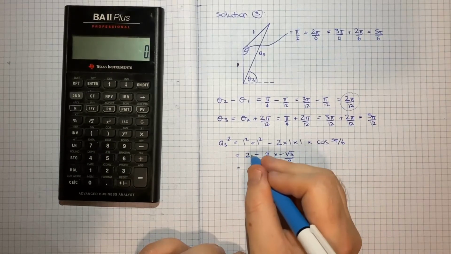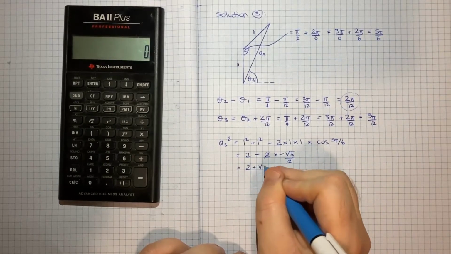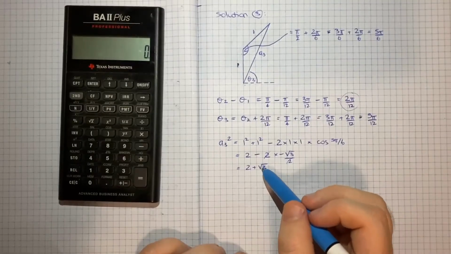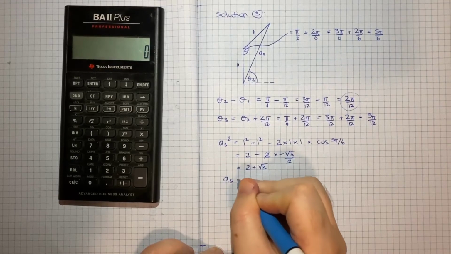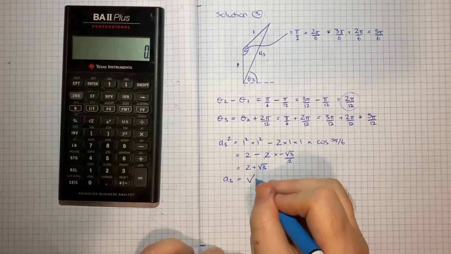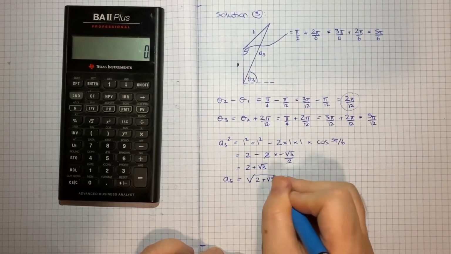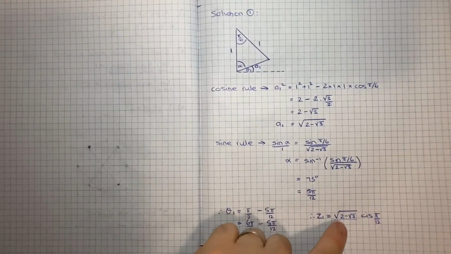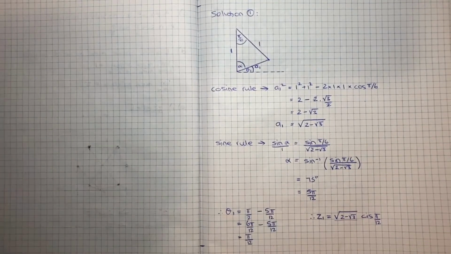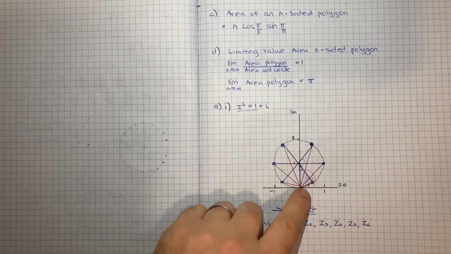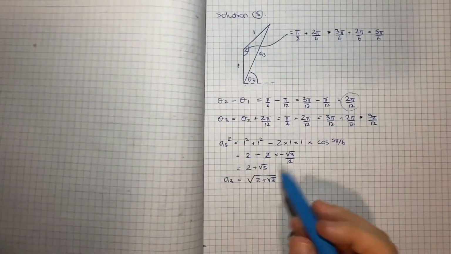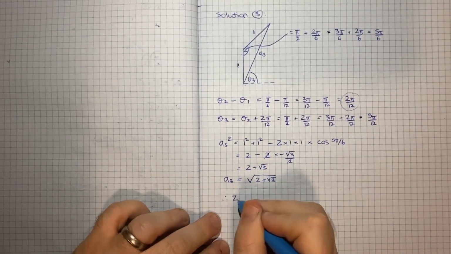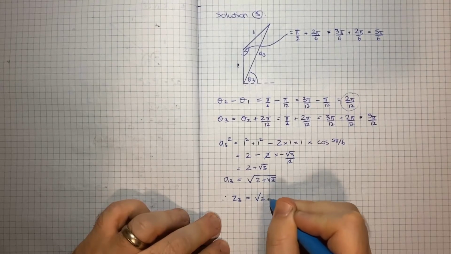So this becomes 2 plus root 3, which makes sense, it's clearly a longer line than the other two. So A3 is equal to the square root, the positive square root of 2 plus root 3. And notice the similarity with A1, which was 2 minus root 3. And when you look at the diagram, clearly A1 is shorter than A3. So that's kind of a nice sense check. But now we've got what we need. So therefore we can say Z3 is equal to root 2 plus root 3,